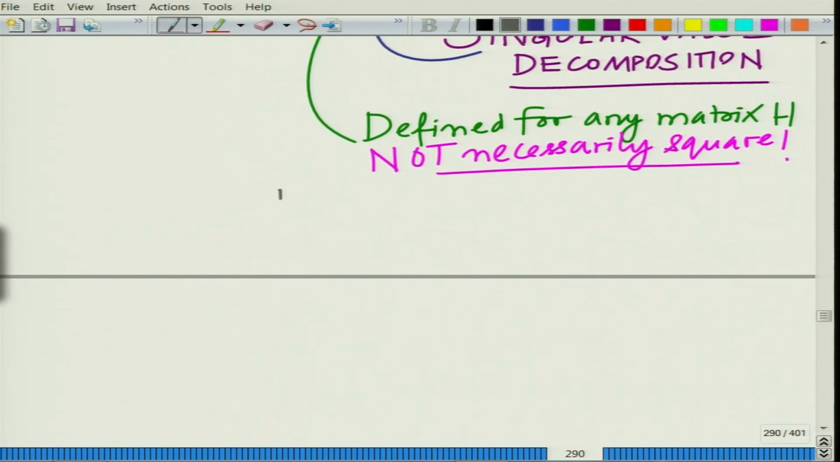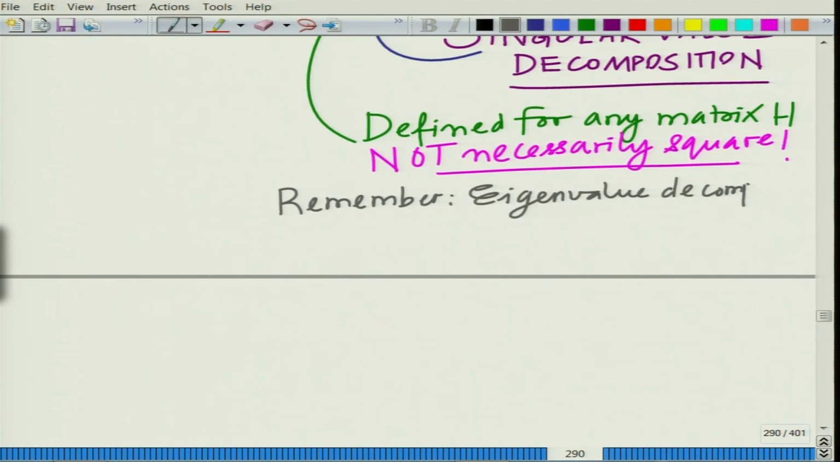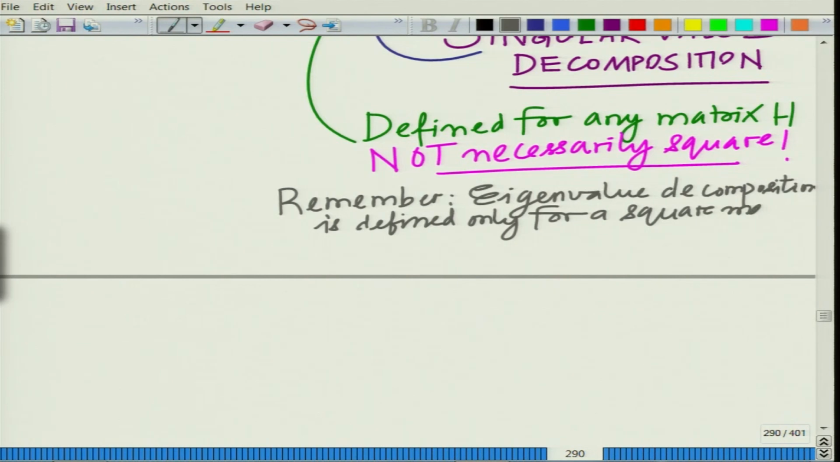Remember, I think at this point it is worth remembering that the eigenvalue decomposition is defined only for a square matrix, that is only for square matrices. Okay. So consider H to be any